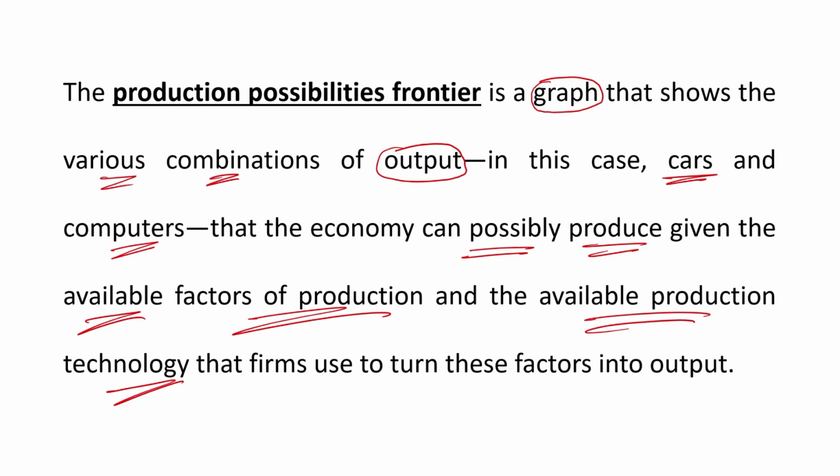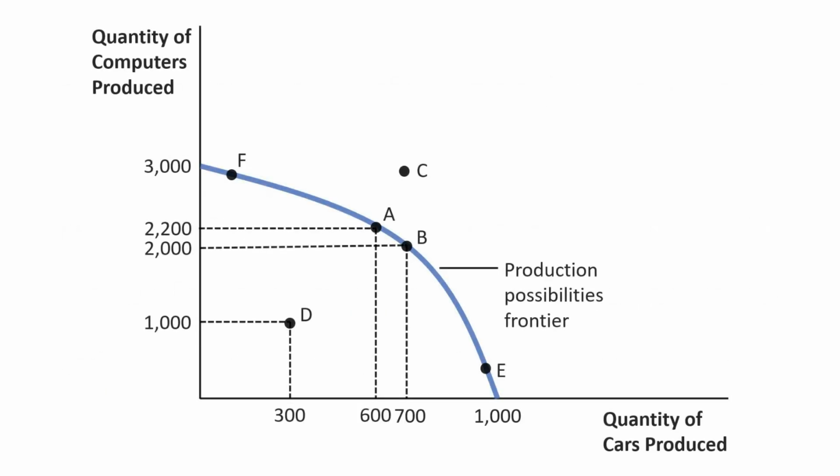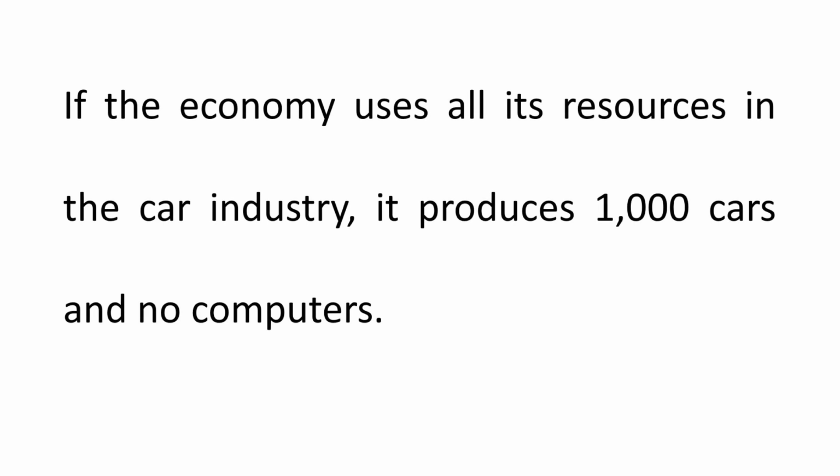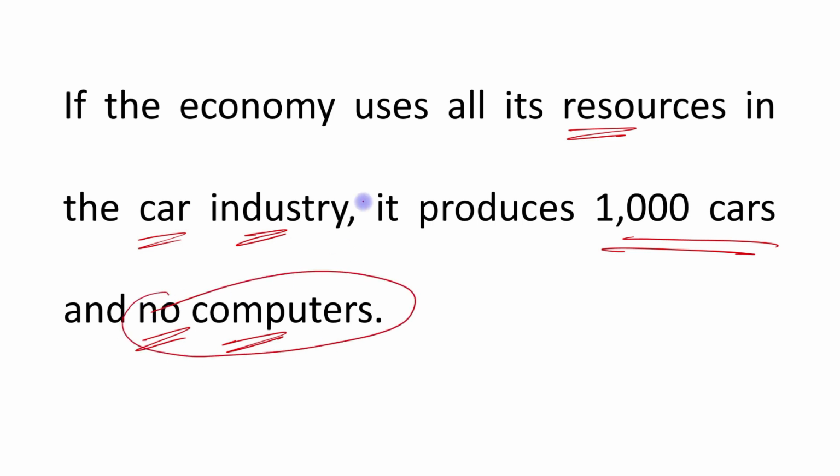Okay, so this figure shows the economy's production possibility frontier. If the economy uses all its resources in the car industry, अगर जो economy है वो अपने सारे resources car industry में use कर ले, then it produces 1000 cars and no computers. No computers का reason simple है because the economy has used all its resources in the car industry, so there will be no computers. Let's see this thing in the graph,